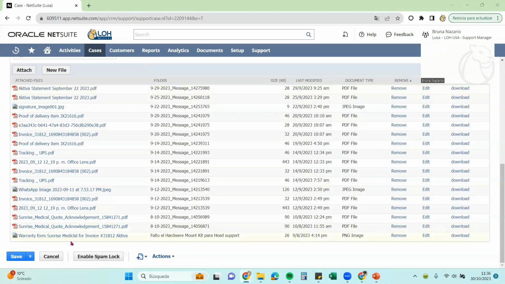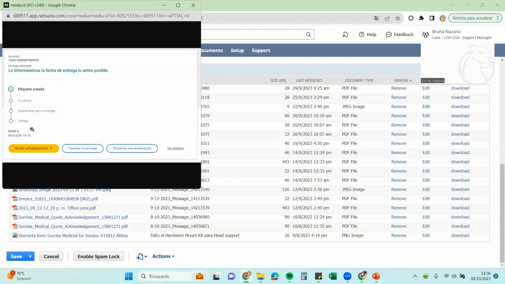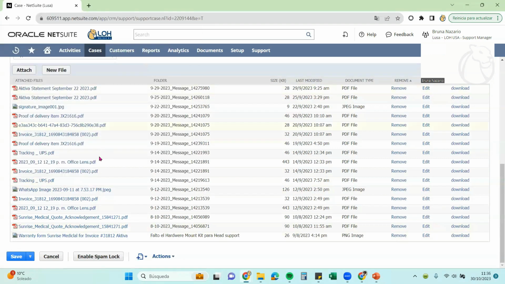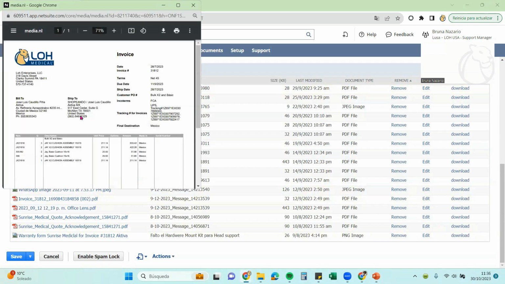For example, if I click on this title right here, it's going to show the UPS notification. Over here, it's going to show the invoice that the sales representative added to this case.